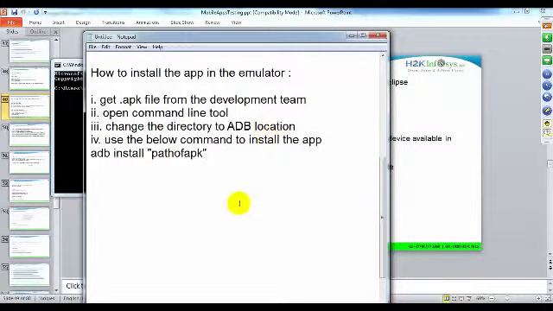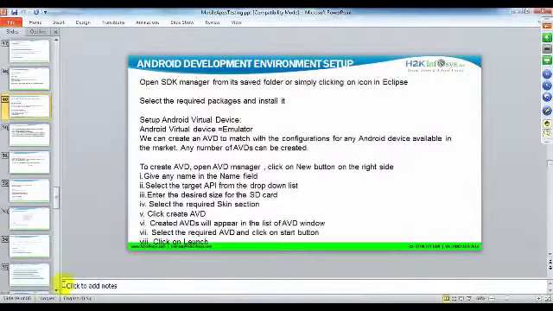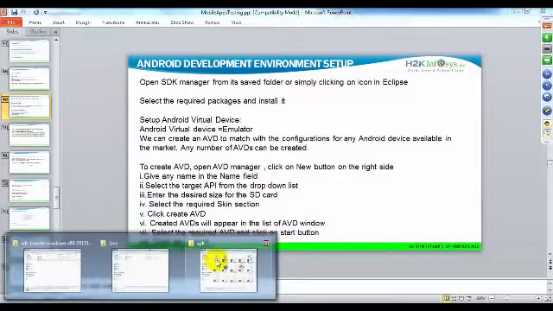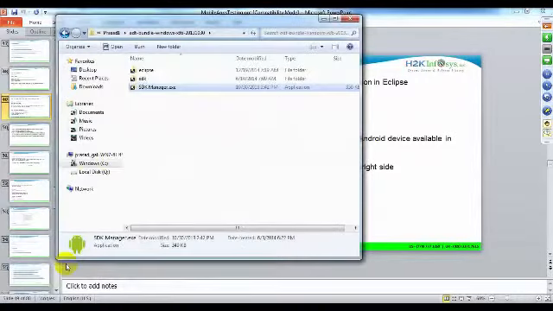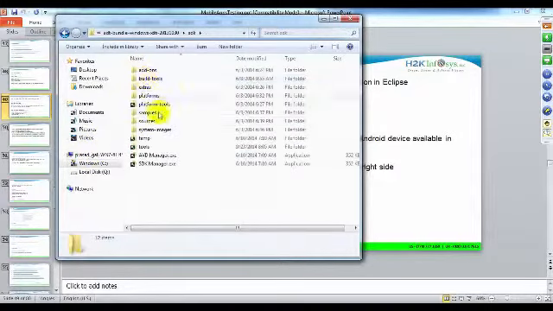That is nothing but, if you go to your SDK, under tools, as part of your SDK you have so many tools. If you want to communicate with your emulator, which is an application, you cannot communicate directly; you need some tool. The Android SDK provides a tool to communicate with your emulator, called ADB. ADB is nothing but Android Debug Bridge.